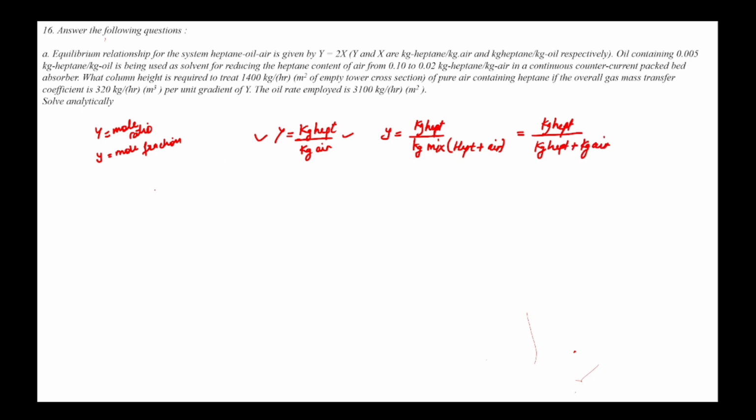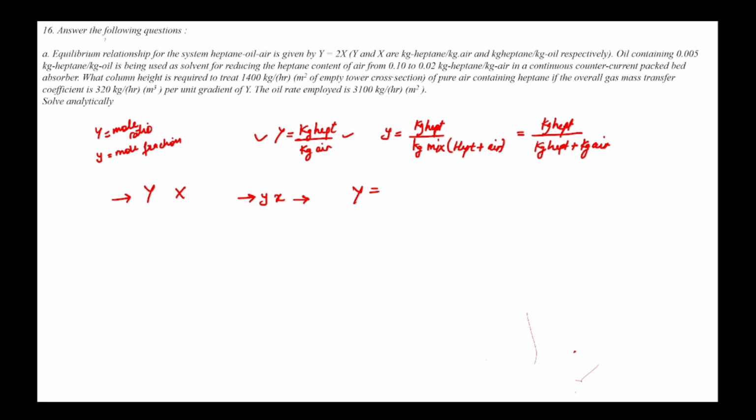Always remember that in mass transfer we calculate everything in mole ratio, that is capital X and capital Y. If the question gives the mole ratio, we can proceed directly. If the question gives the mole fraction, that is small y and small x, then we have to convert it into mole ratio. Suppose the question gives the mole ratio Y, how do I convert it into mole fraction? Very simple.